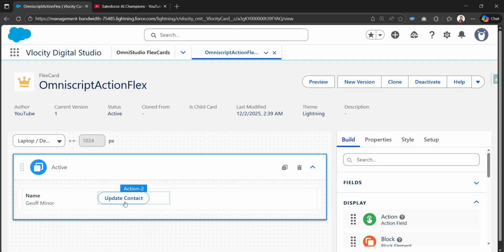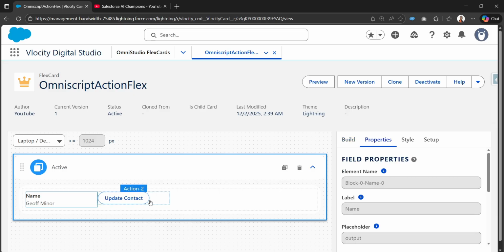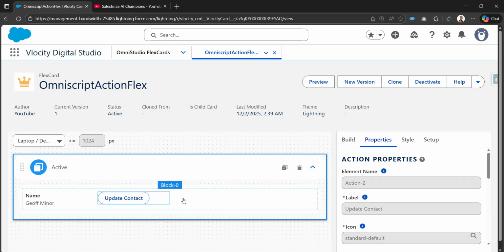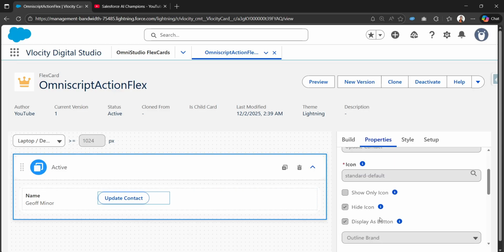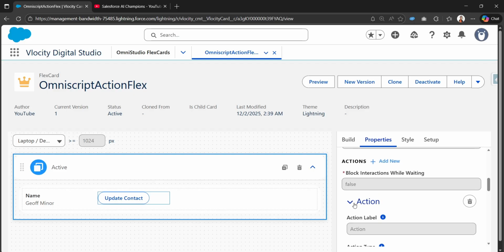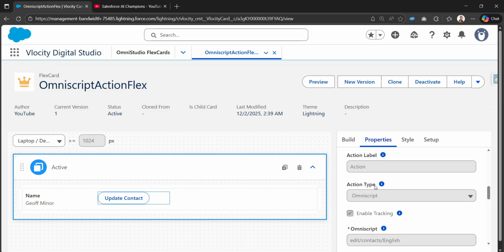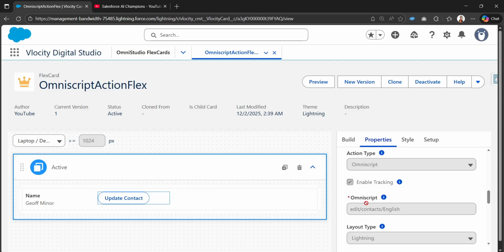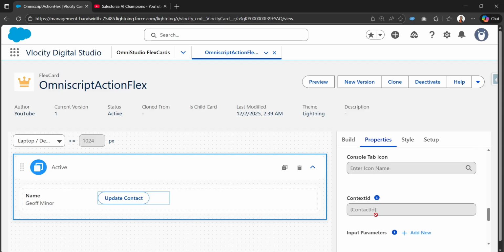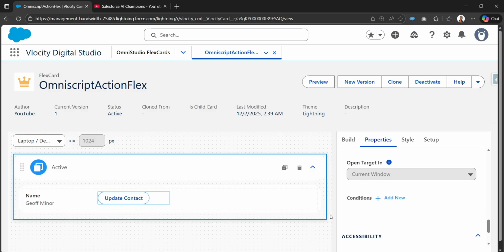In this session, I'm in FlexCard Designer, and here we can see a contact name, and from here we can launch an OmniScript from this FlexCard. You can see this is an action. Here I have configured the OmniScript as an action type, and I have called the OmniScript passing the data, like contact ID, and finally we can update